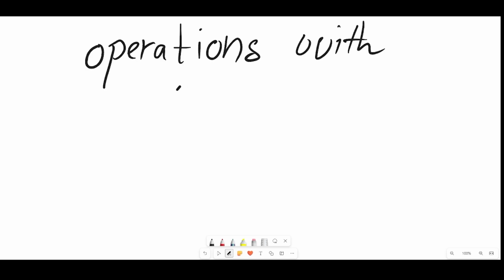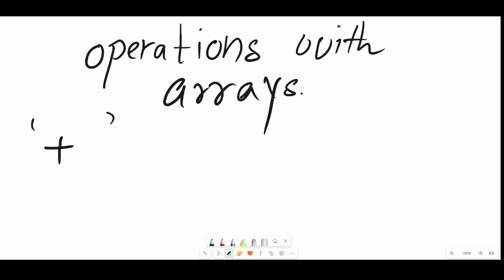Welcome back. In the previous class, we learned about what properties are present in an array and why we choose arrays. What are the advantages of using arrays in C++? Today, we're going to learn about a bit of operations with arrays. With arrays, you can do a lot of operations. I'll show you the most basic simple ones. Generally, you can add arrays, you can subtract arrays, you can multiply them, and you can also divide them. These are the 4 basic array operations that you can do, which I will show you with the program as well.